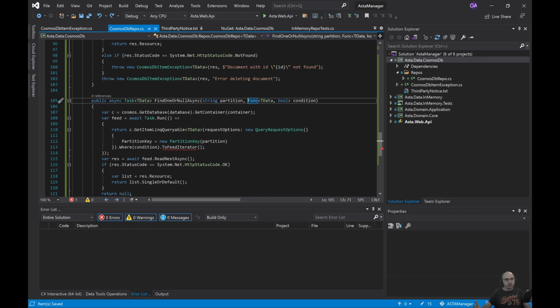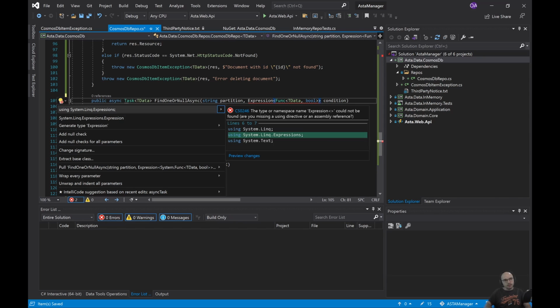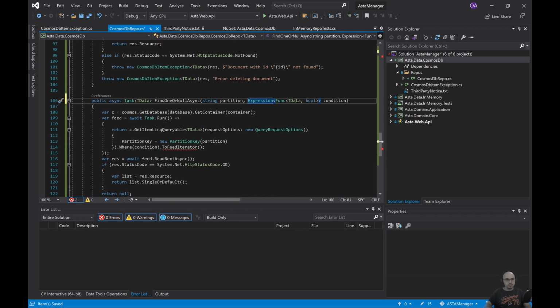So let's change this, and in order to change this we need to fix how it works for the in-memory version as well. So we need to change the actual base implementation of the IRepository that we created. So we'll do that expression, which comes from System.Linq.Expressions. You have to add that using